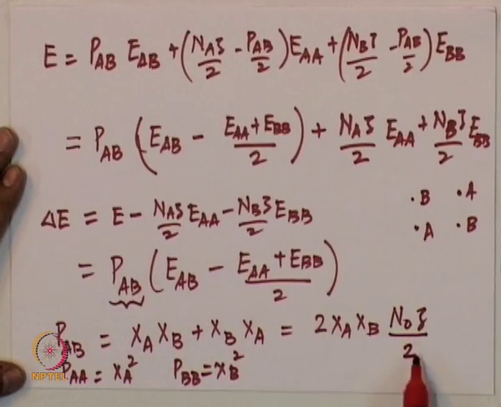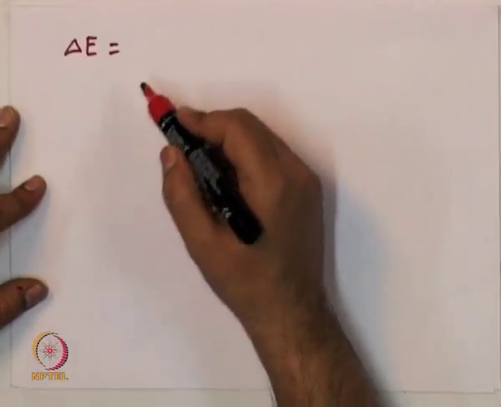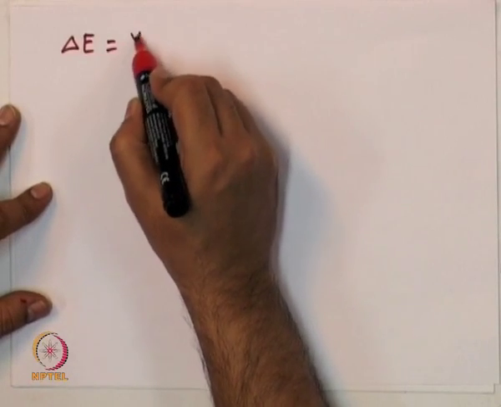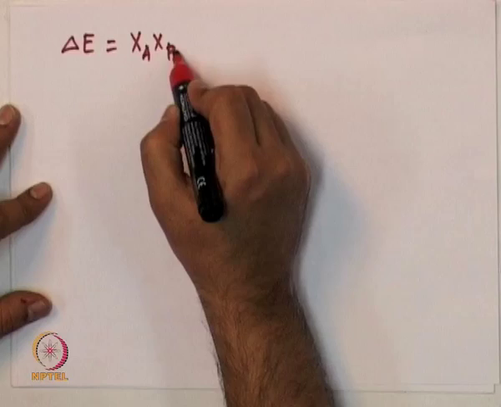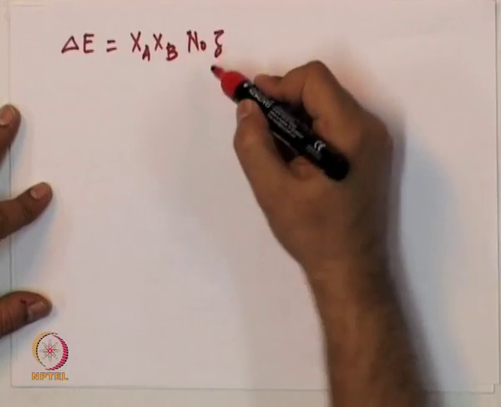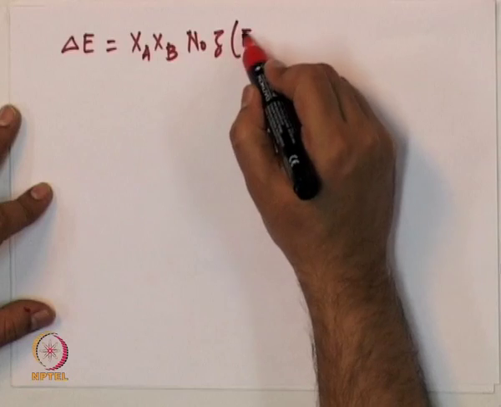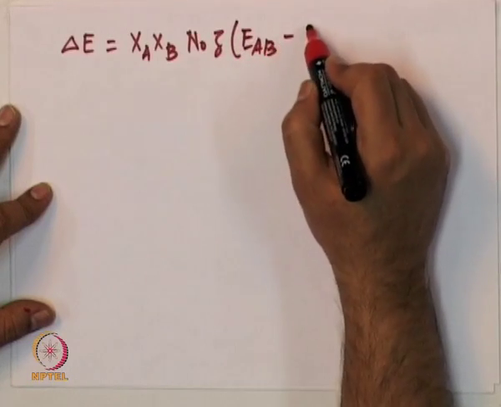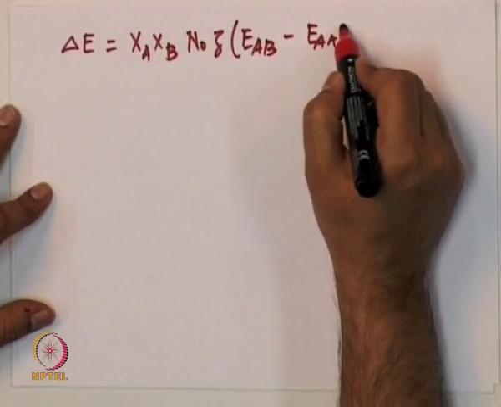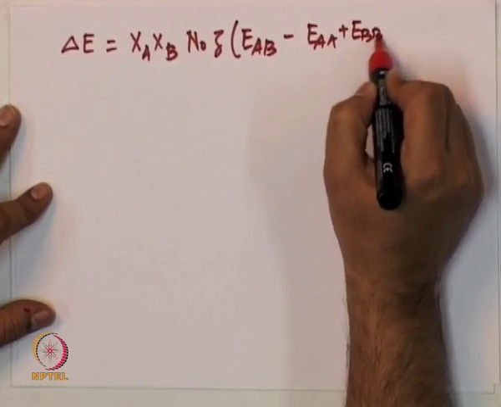So this 2 is going to go away, so let us substitute, then we get the expression that delta E is nothing but the number of AB bonds, which is given by XA XB N0 Z times EAB minus EAA plus EBB by